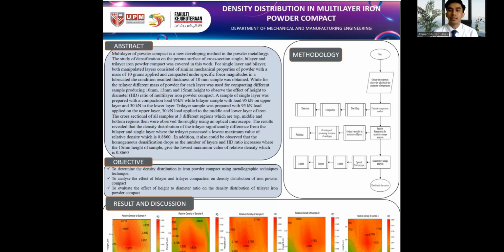A single layer sample was prepared with a compaction load of 95 kN, while the bilayer sample was prepared with 95 kN on the upper layer and 30 kN on the lower layer. The tri-layer sample was prepared with 95 kN load applied on the upper layer, 30 kN applied to the middle and lower layer of iron. The cross-section of all samples in 3 different regions, which are top, middle and bottom region, was then observed thoroughly using an optical microscope. And for the methodology,